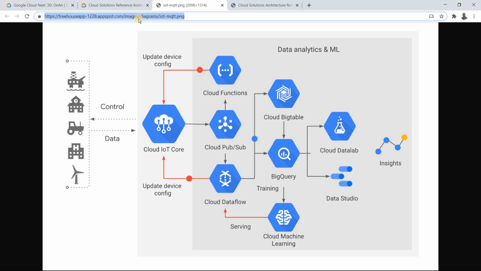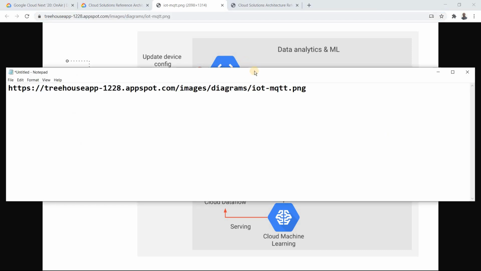If you just copy this URL, I have pasted that URL in a notepad. What does this strike you? Just take a minute and look into that and see what it is. Awesome. If you have finished figuring it out, what is that? Really good. What it indicates is they are using App Engine. Could be standard or flexible, it does not matter, but they are definitely using an App Engine instance here to serve this static image. How? Because usually when it is App Engine, you'll have a URL ending with appspot.com. Now, this is not a good principle.